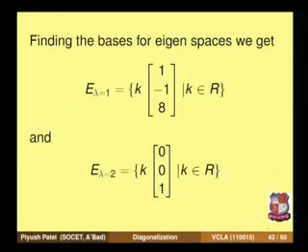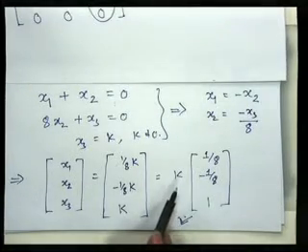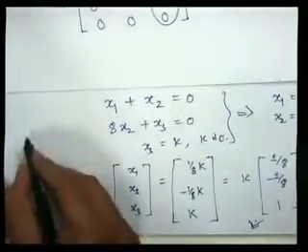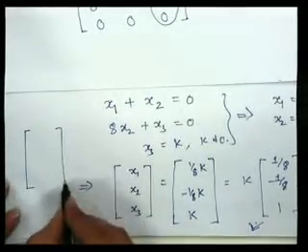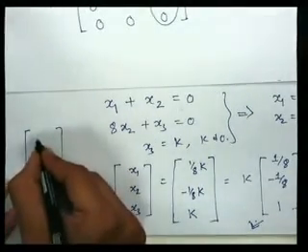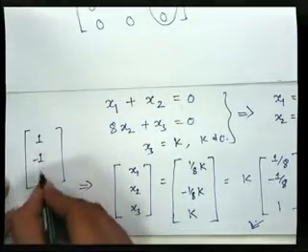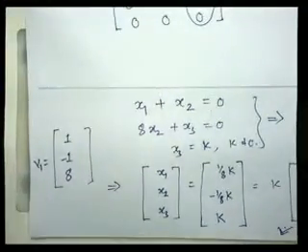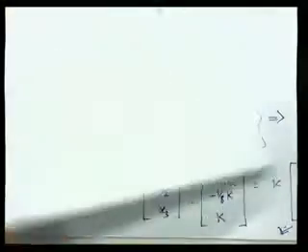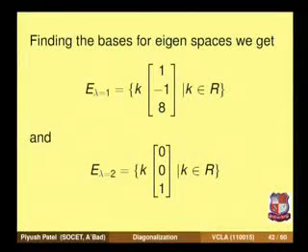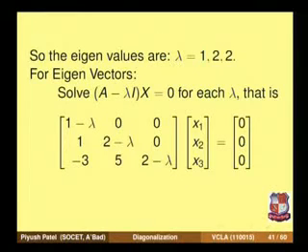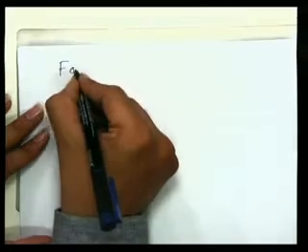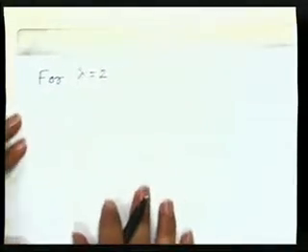If you choose k equal to 8, then the linearly independent eigenvector which we take into consideration is, by putting k equal to 8, 1, minus 1 and 8. So we take this as the eigenvector v1. Similarly we will find the eigenvector corresponding to the eigenvalue lambda equal to 2, and for lambda equal to 2 we solve this system.